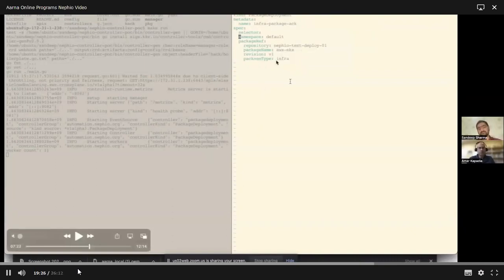Based on this, the controller differentiates between the infra and the workload package. As soon as this YAML is applied, the controller reconciles to it, and as part of it, it pushes this curated package to the target repo.